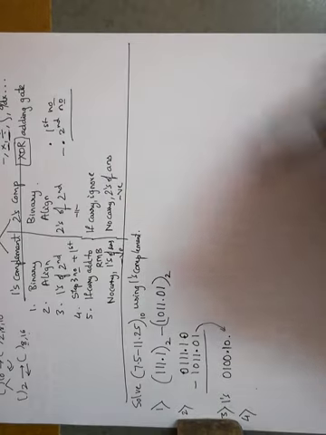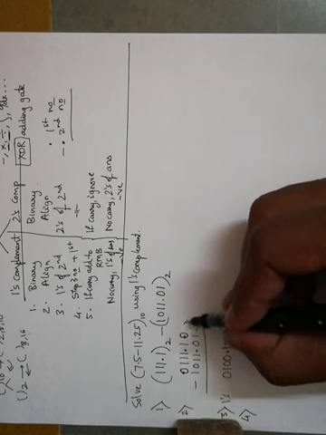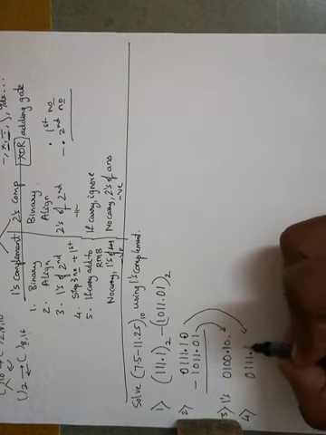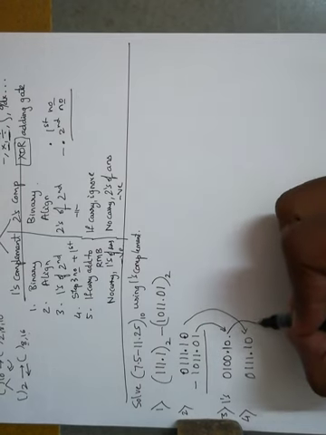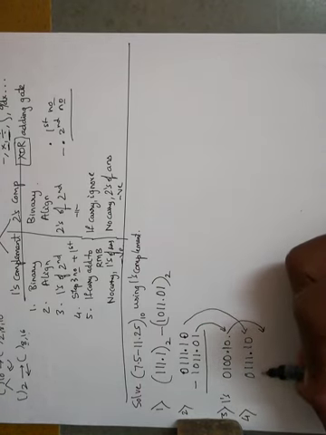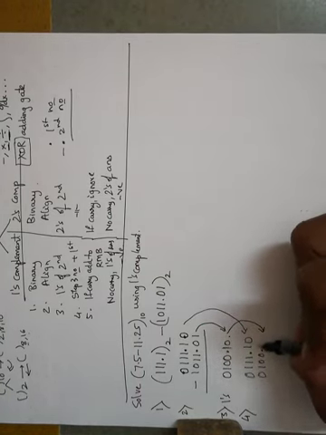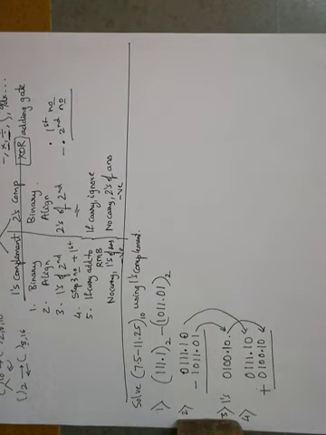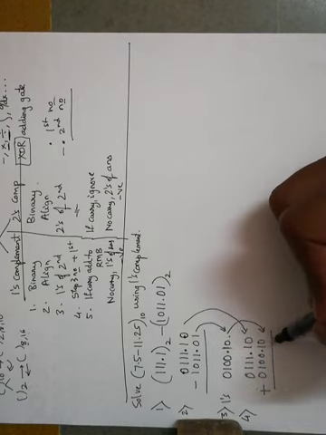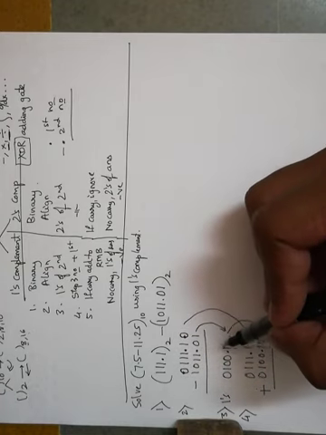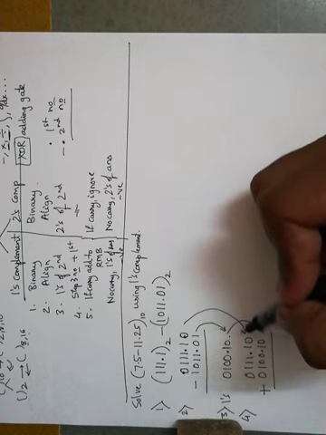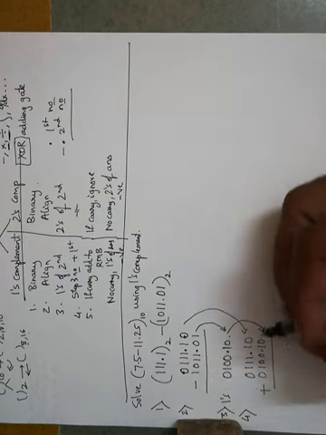So our first number is, I'll take the first number here, and like I keep telling, it's always a good way to keep writing these arrow marks so that you don't miss the track. So what we did is, we have taken the second number, which is converted into its 1's complement. We have taken the first number. Now we'll try to add.